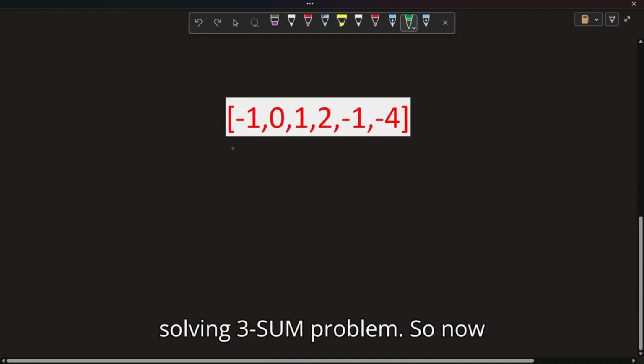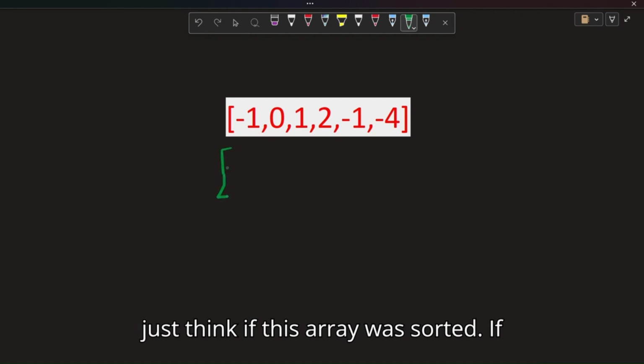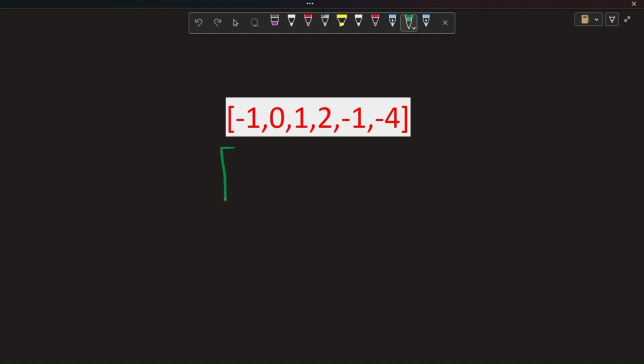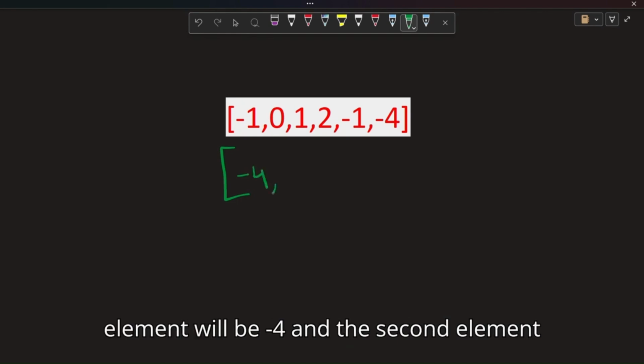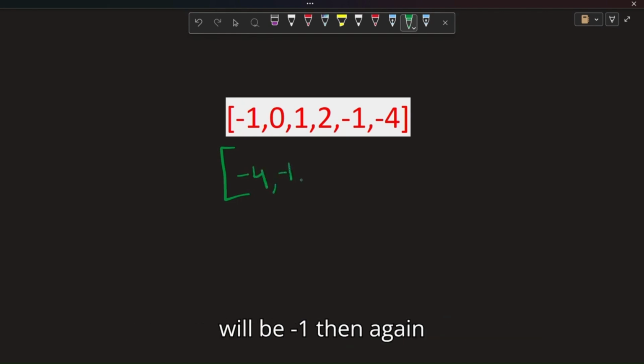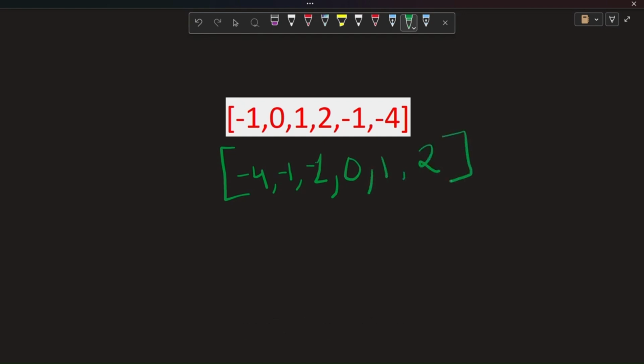So now just think, if this array was sorted, let's sort this array. So the first element will be -4, and the second element will be -1, then again -1, -1, and 0 and 1 and 2. So this is the sorted array.